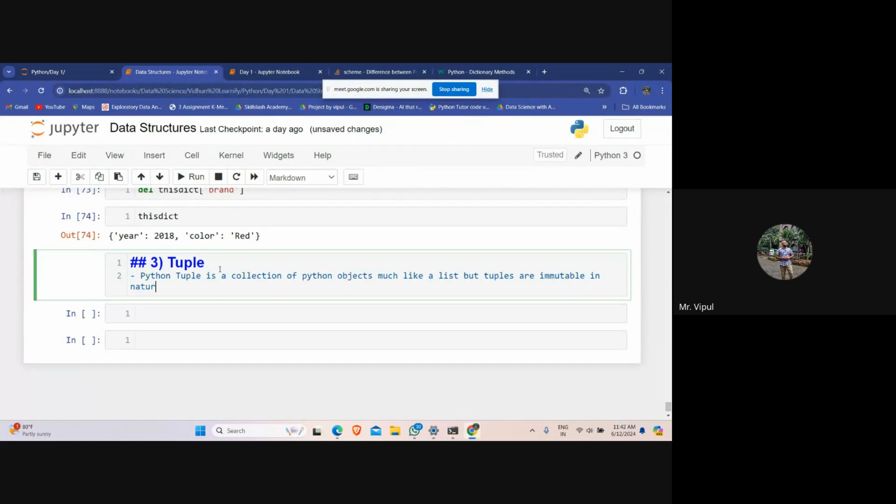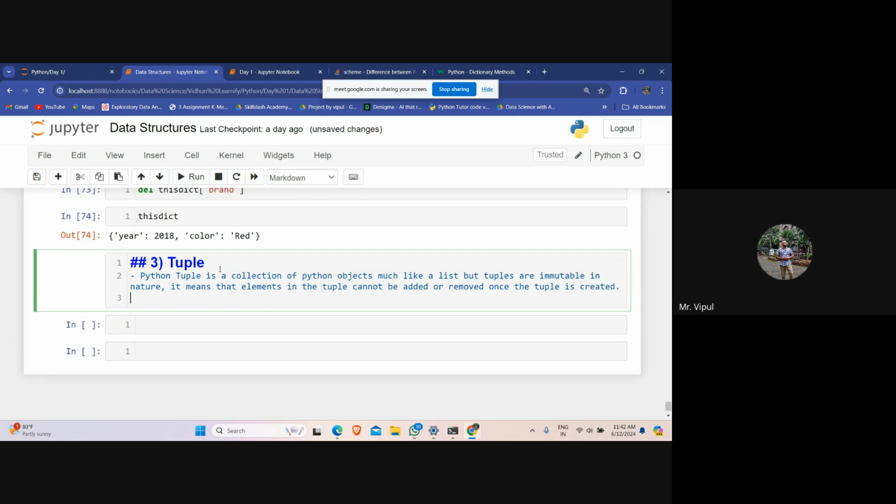Immutable in nature means that elements in the tuple cannot be added or removed once the tuple is created.